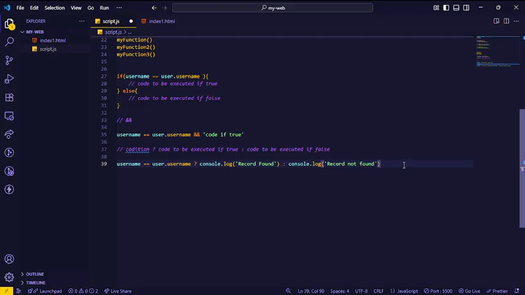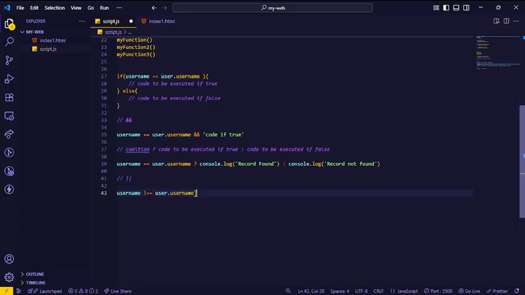We also have this other operator, that is the OR operator. This one is just two vertical lines. For this instance, say we had to compare username, for example this, and then we say if this one is equal to, we have to compare these two, this one is used for not. So if username is not equal to user.username